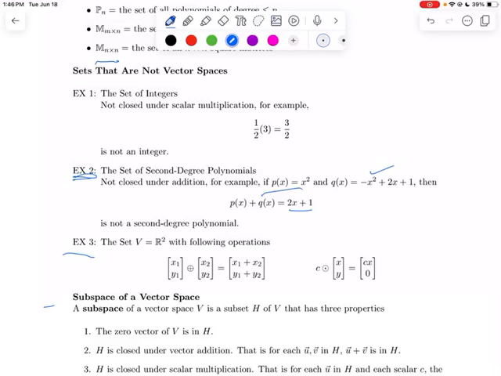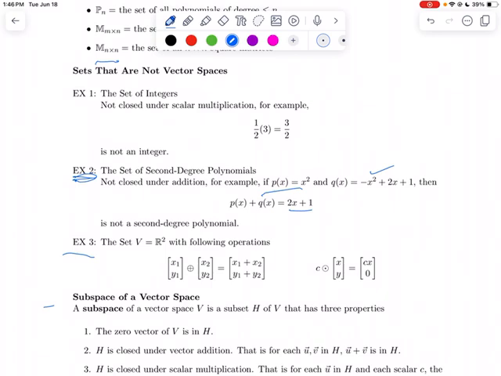Continuing with section 4.1. So in the last video we stopped after doing example 2. So now we look at example 3. It says let the set B be the R2 set, the plane